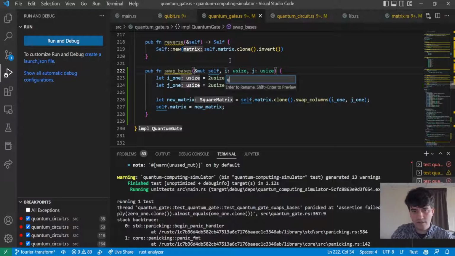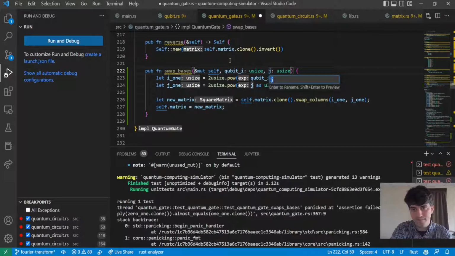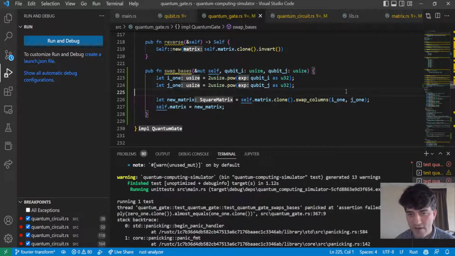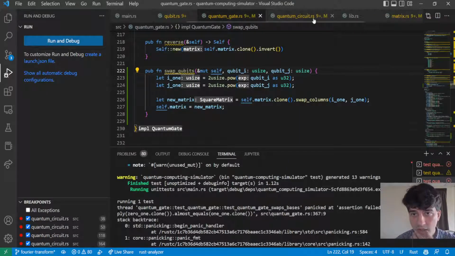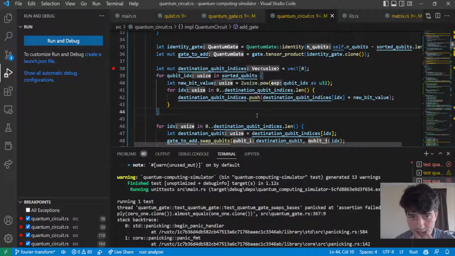Let's call this qubit I and qubit J. This whole thing where you have to keep track of whether you're talking about qubits or basis vectors is a little bit tricky. And I actually think I want to call this swap qubits. And then in quantum circuits,